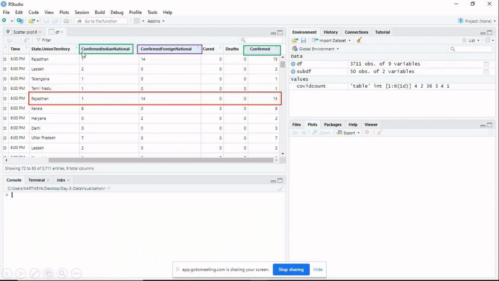The column names are confirmed Indian national, confirmed foreign national, and the third column which we want to select is confirmed. So for Rajasthan, confirmed Indian national is equal to 1, foreign national is 14, and the total number of cases confirmed is 15. You need to look at the data set in such a way that you decide how you want to present this data to others. That can be done by looking at the data set first.